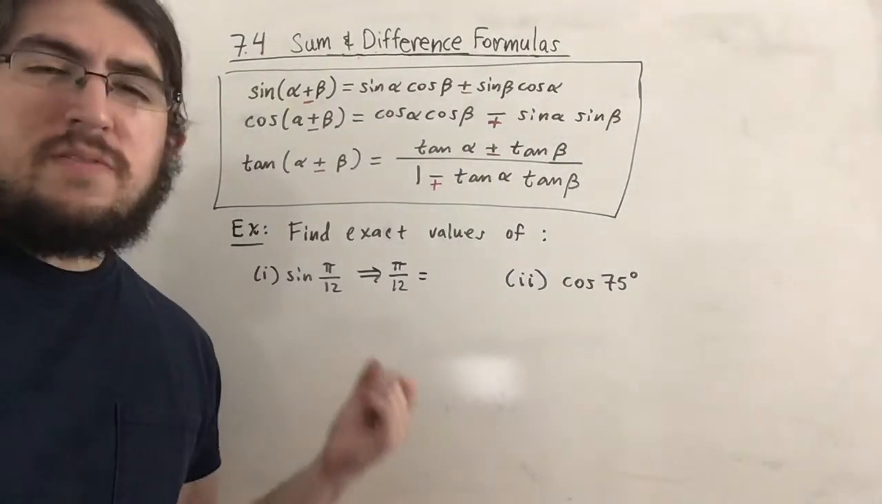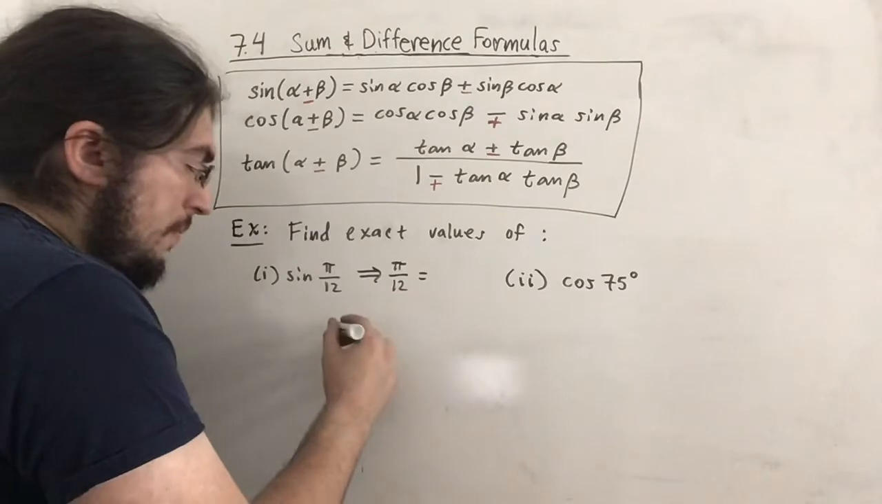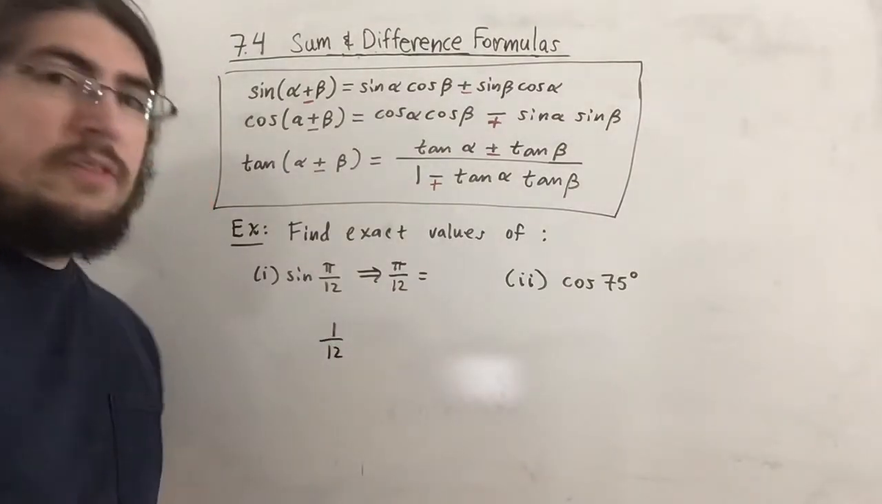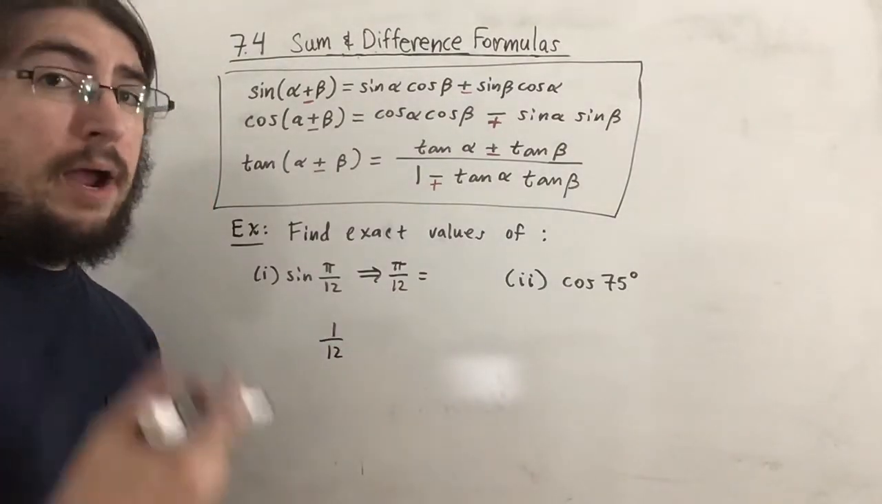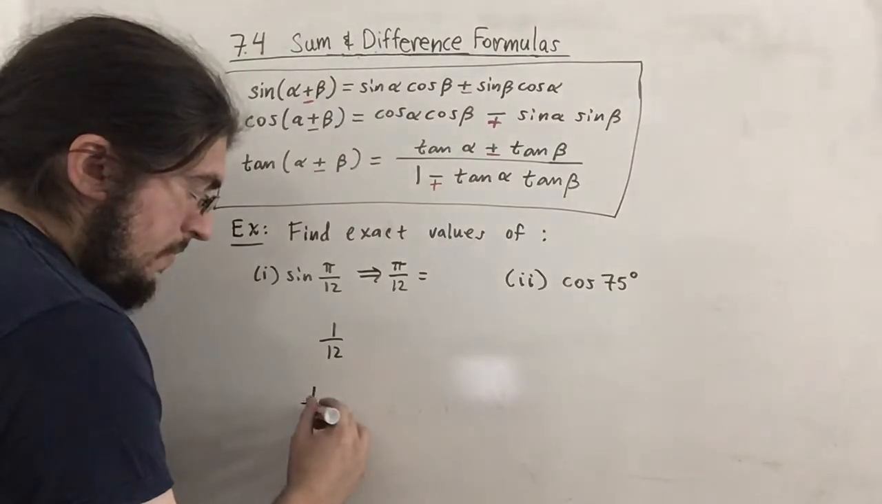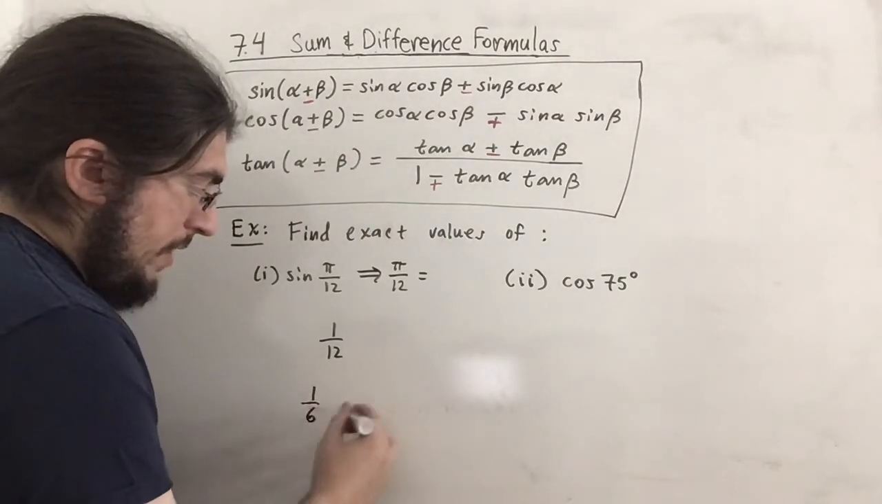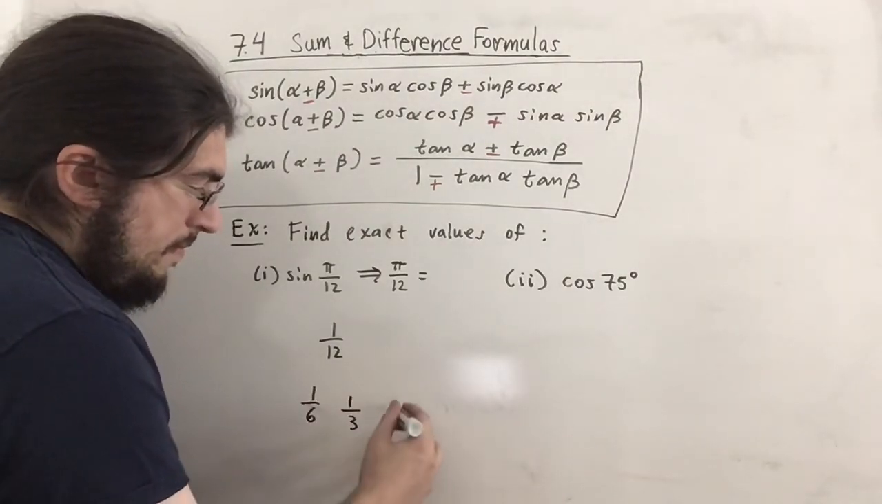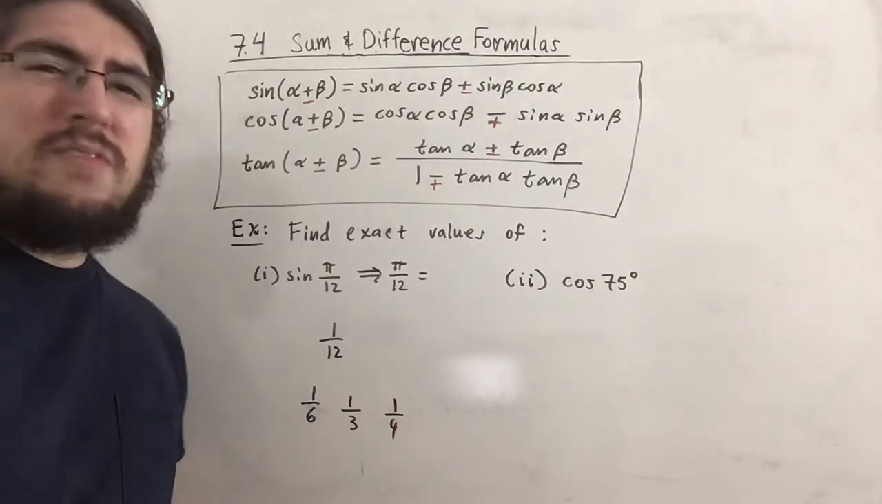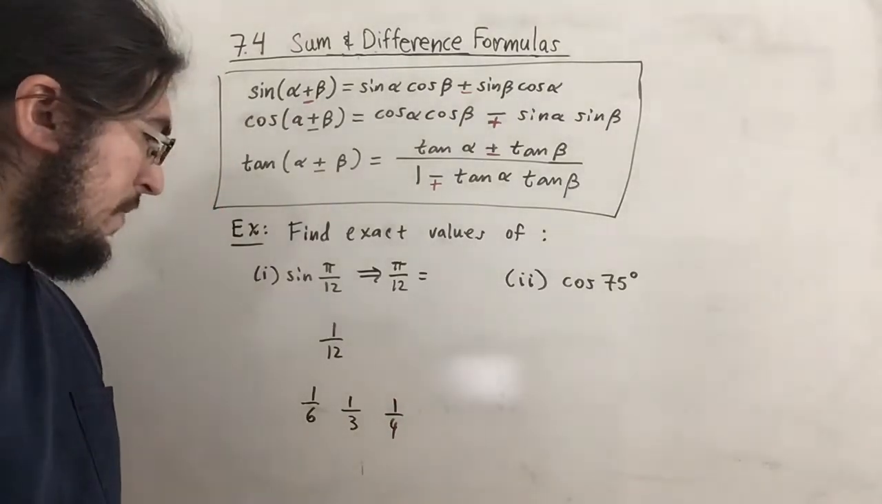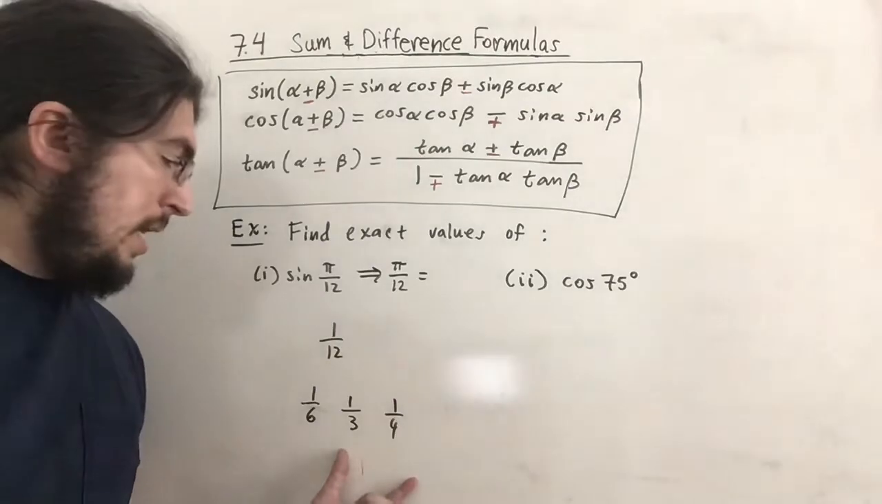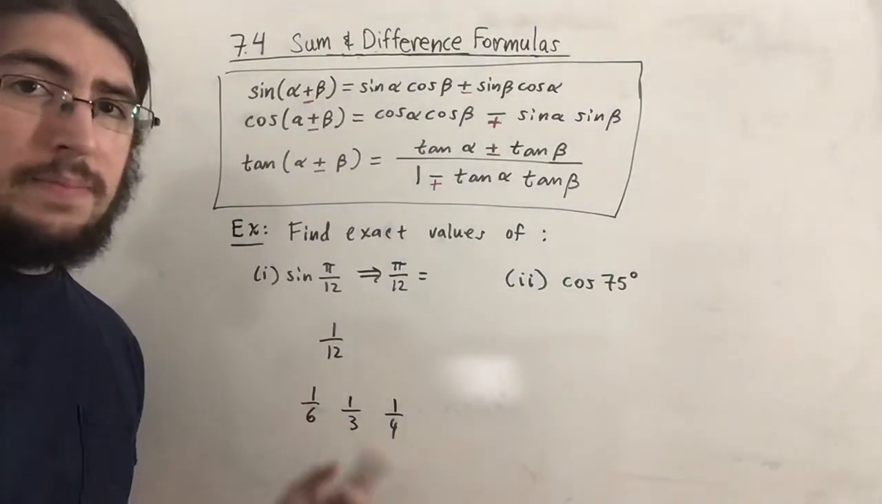So pi over 12, you think of the number 1 over 12. So if you know the pi, just think of 1 over 12. Now the angles we know are pi over 4, pi over 6, and pi over 3. And I guess pi over 2 as well. But I'm just going to work with these ones. In fact, if you look at these numbers, I'm not writing pi, I'm just looking at the numbers just to